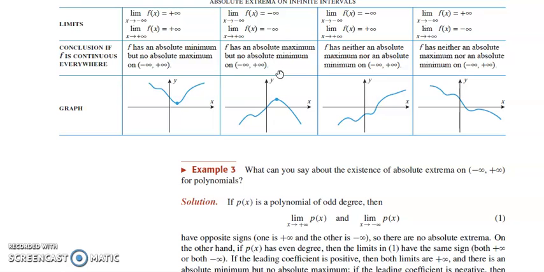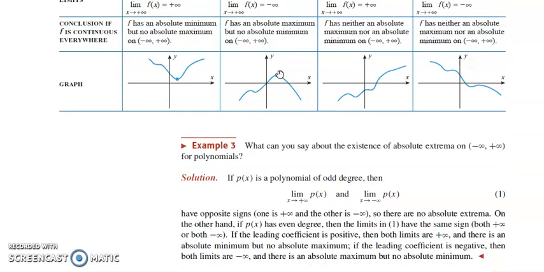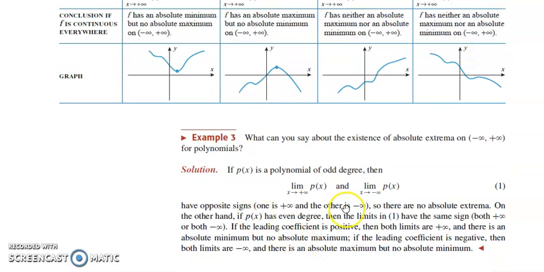So that is the case when you have an even degree polynomial. So if the polynomial has even degree, then the limits have the same sign, either both infinity or both minus infinity. So that sign is determined by the leading coefficient. So if the leading coefficient is positive, then both are positive. So you will have an absolute minimum in that case, but no maximum. And if the leading coefficient is negative, absolute maximum undavum, there will be no absolute minimum.